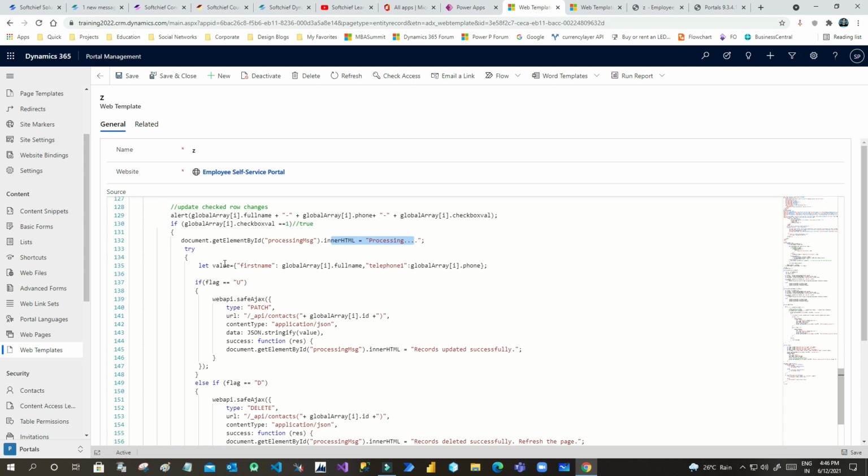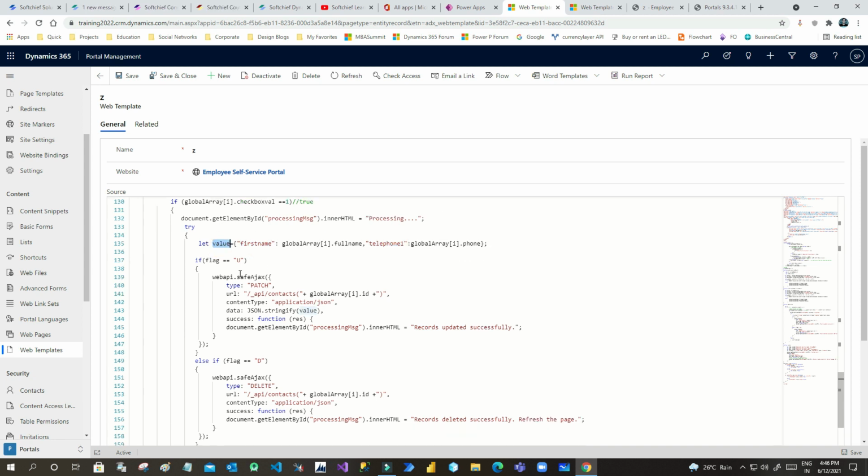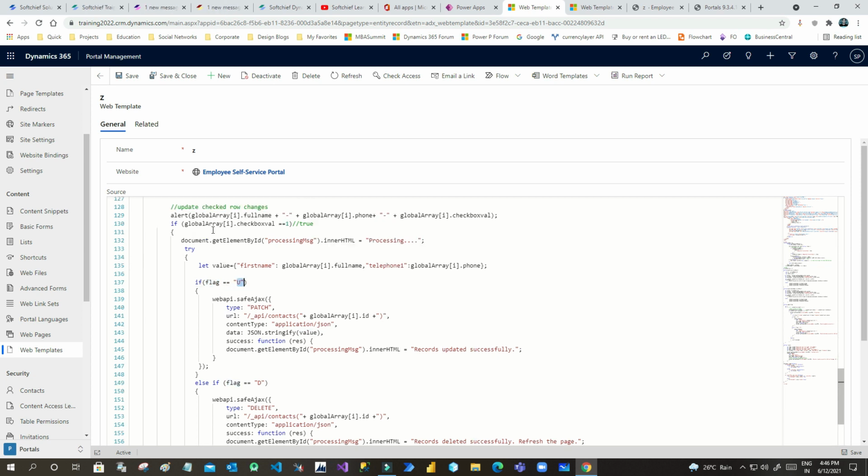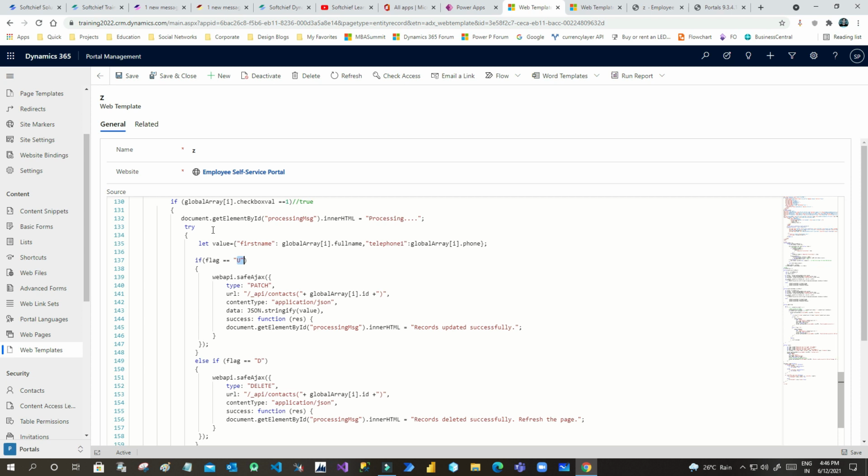Then I am defining a value object, storing first name and telephone number in it, and checking if the flag is U, because the same method is used for delete and update. So I have to check whether it is called by the update button or the delete button. If the flag is U, it is called by the update button, so you write this code.